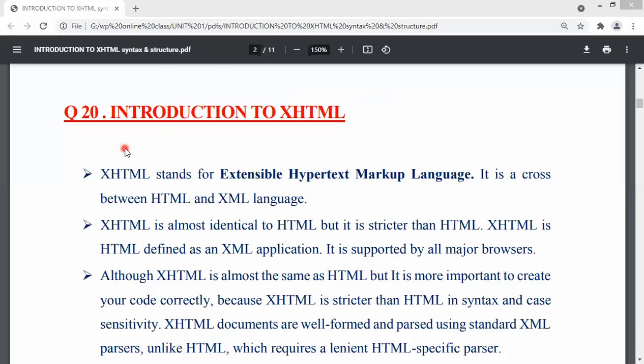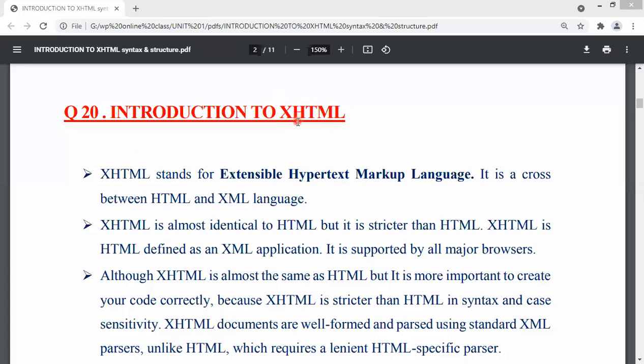So in HTML, whatever tags are there, all those tags are also included in XHTML. The thing is that some rules are changed from HTML to XHTML. We have a different set of rules when we are using the same tags in XHTML, right? As it is an extended version of HTML, that is Extensible Hypertext Markup Language, there are some stricter rules than HTML in this XHTML. All the tags of HTML are included in XHTML, but the syntax of some of the tags changes.